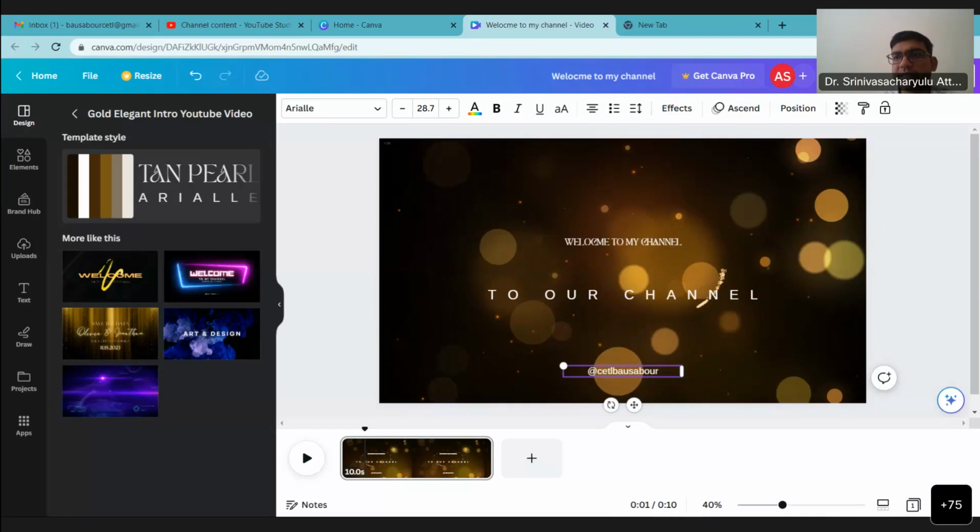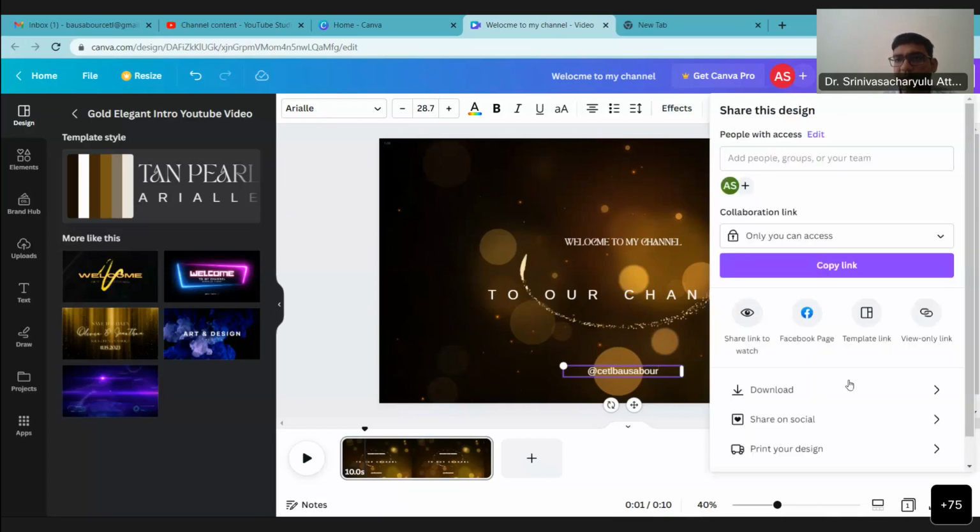Then you have to click on this share icon. You can see on the right hand side top, something called share. When you click on that share, you will get an option to download. So there is an option to download. We'll click on that,